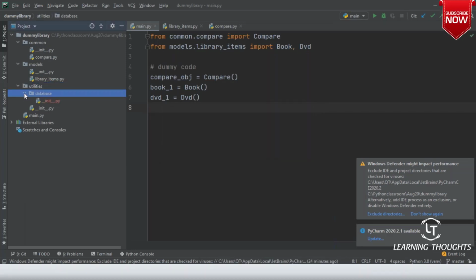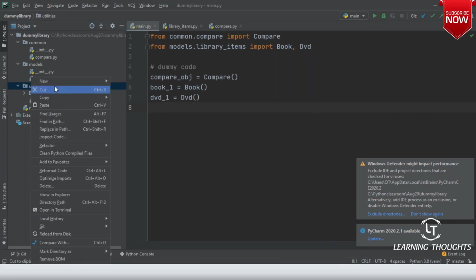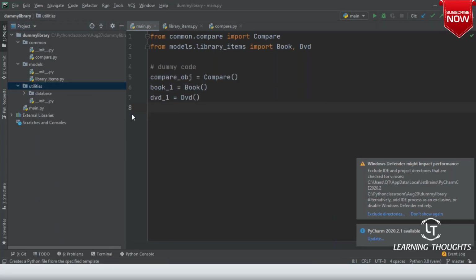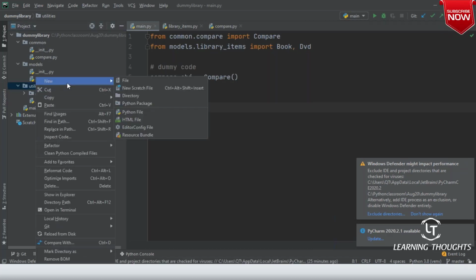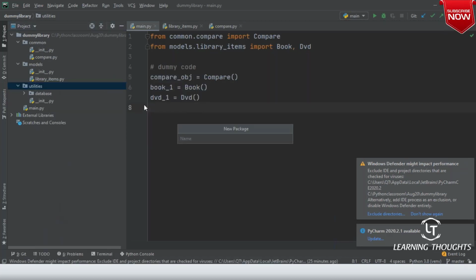Am I clear on this? And within utilities, I might create a new package over here, which is file utilities.